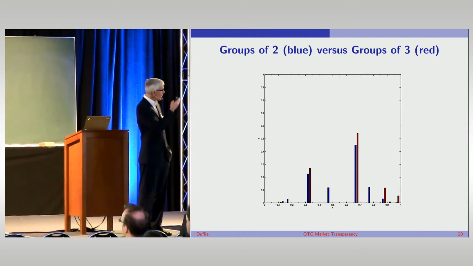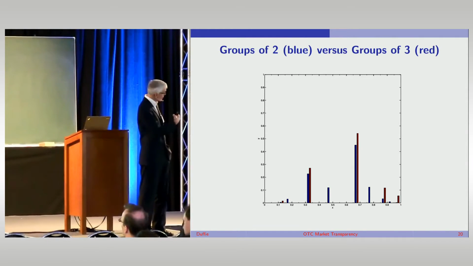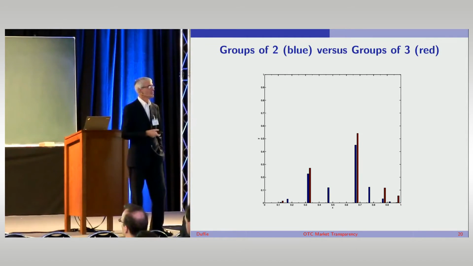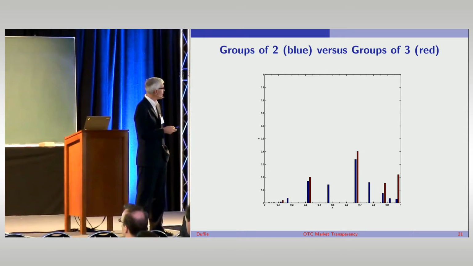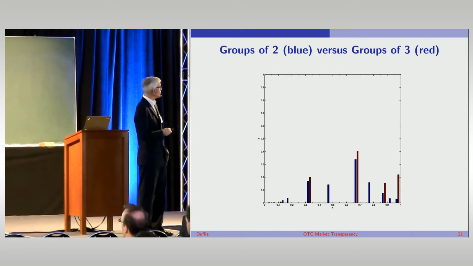And the height of the bar is the fraction of you all in the room that have an information type corresponding to the point under that bar. There are 2 cases: one in which you're meeting 2 at a time, that's in blue, and another, a different world, in which investors are meeting 3 at a time. And after some passage of time, if gold is really very valuable, that distribution of types is going to move